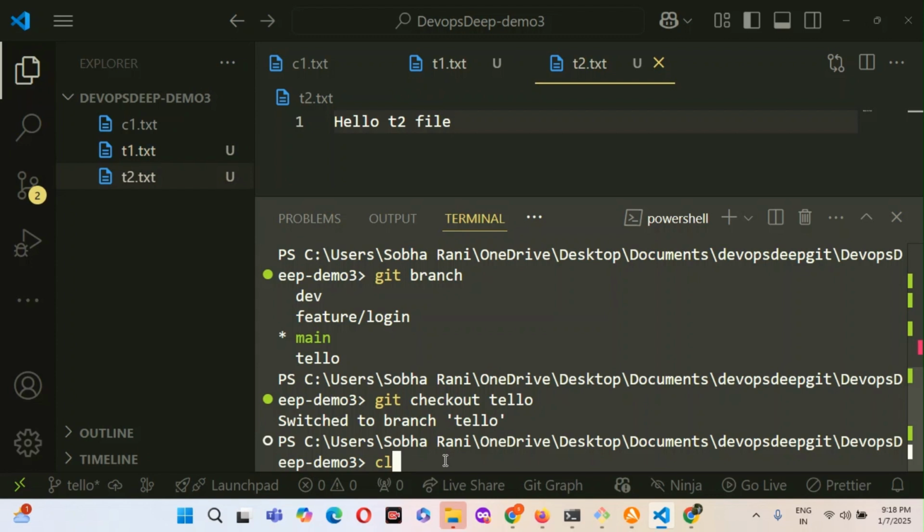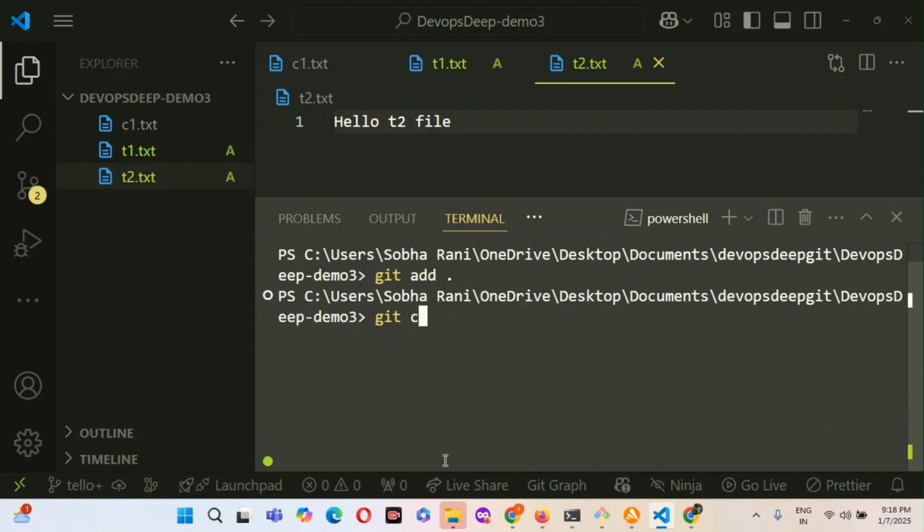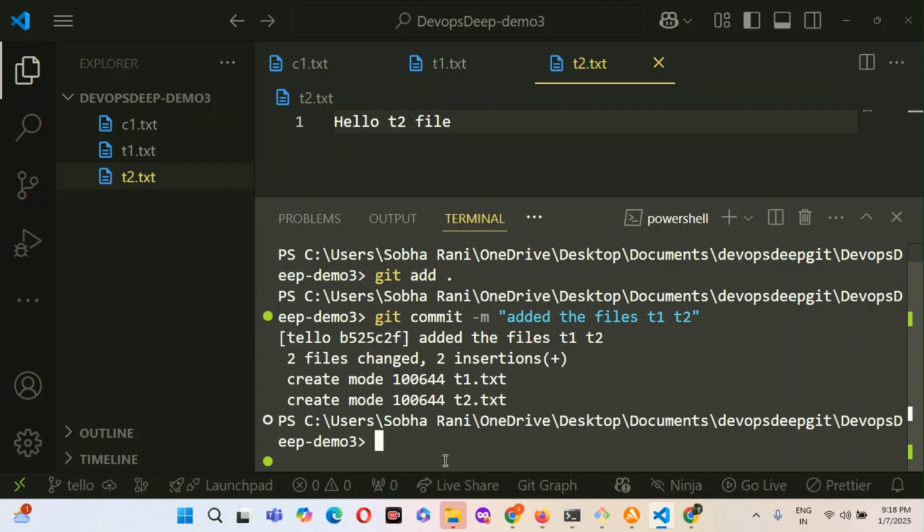So now here I'm clear with it. Now here we can add the commit in Tello. Git add dot, git commit hyphen m, added the files t1 t2. So you can see the commit in Tello. We have created two files. The commit is created.